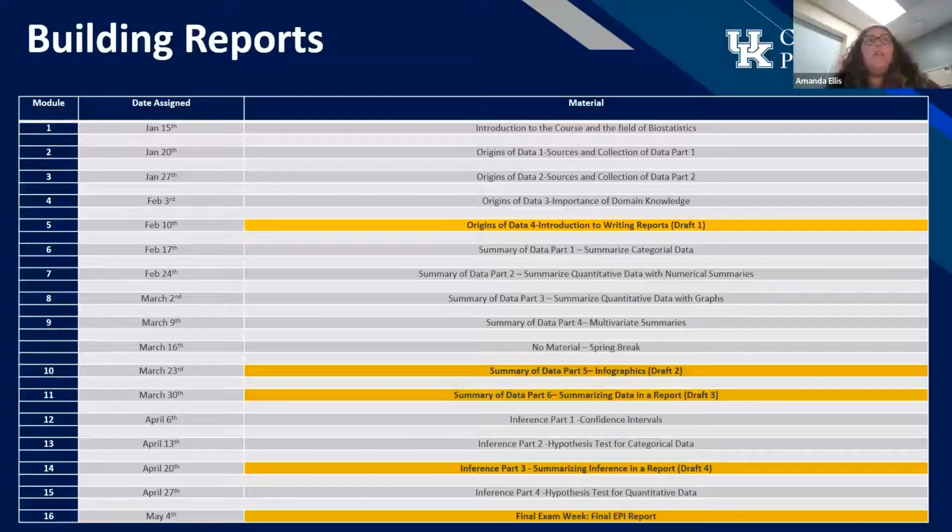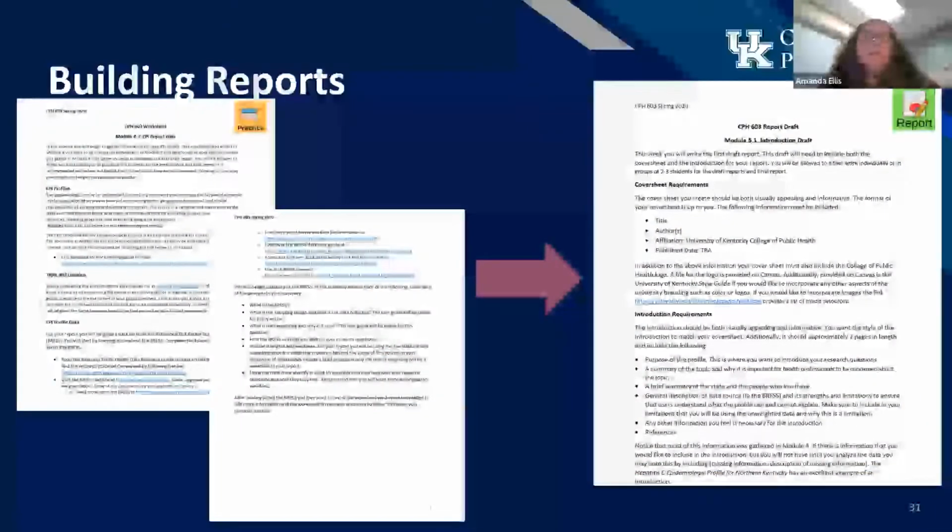And one of the things that I really emphasize for students as they work through this process is that it was an iterative process. So for example, when they were writing their introduction, they obviously hadn't done their data analysis yet. So I would tell them, you may have to go back and revisit your introduction after you analyze your data some and you look at it. Now, to help students through this process, many of the worksheets were used to actually help build the reports.